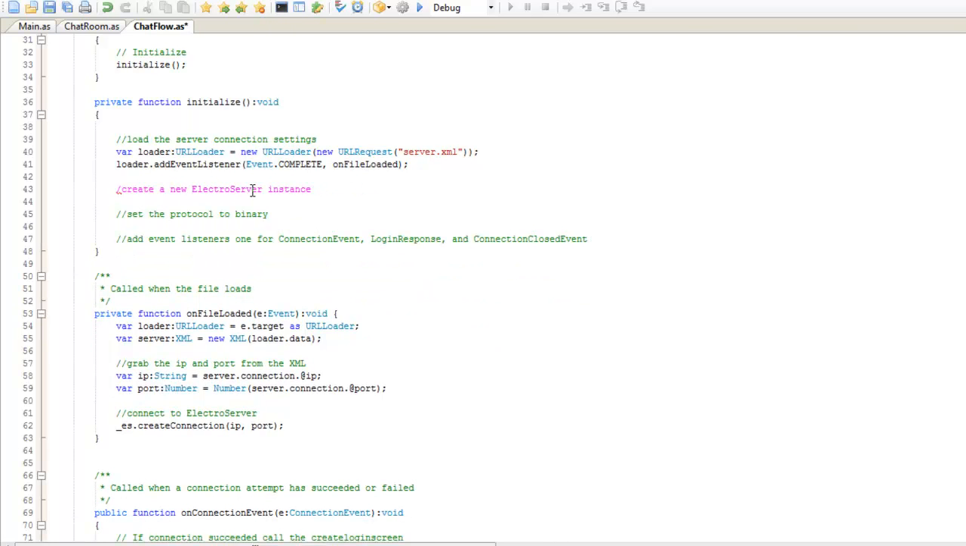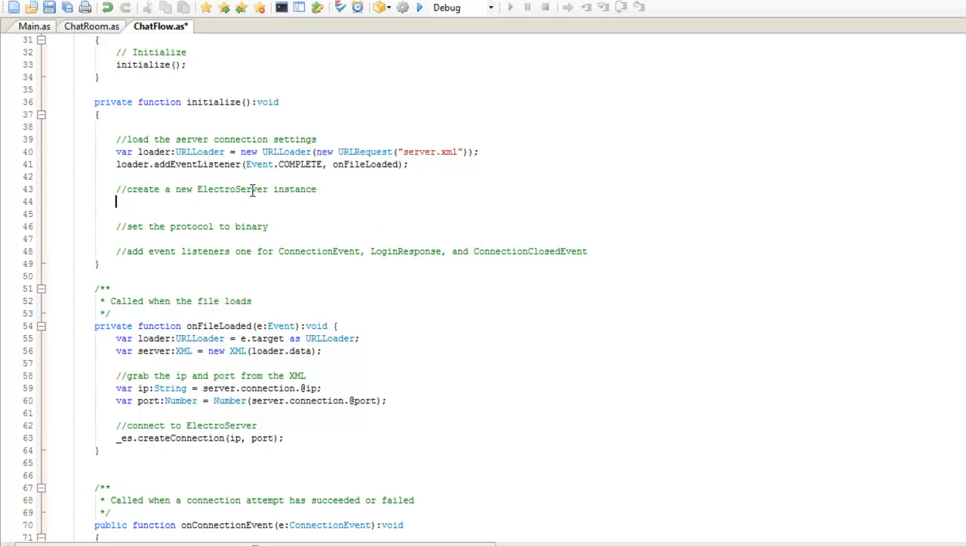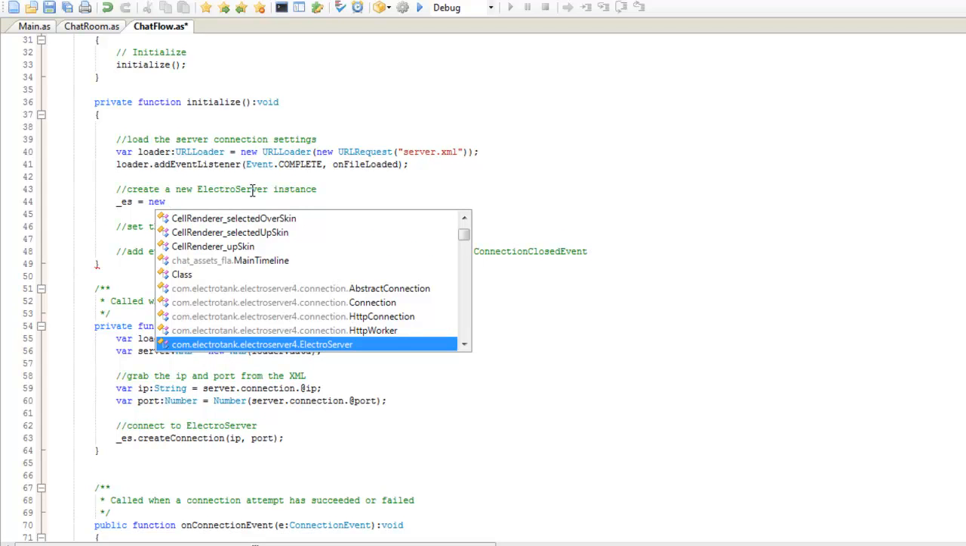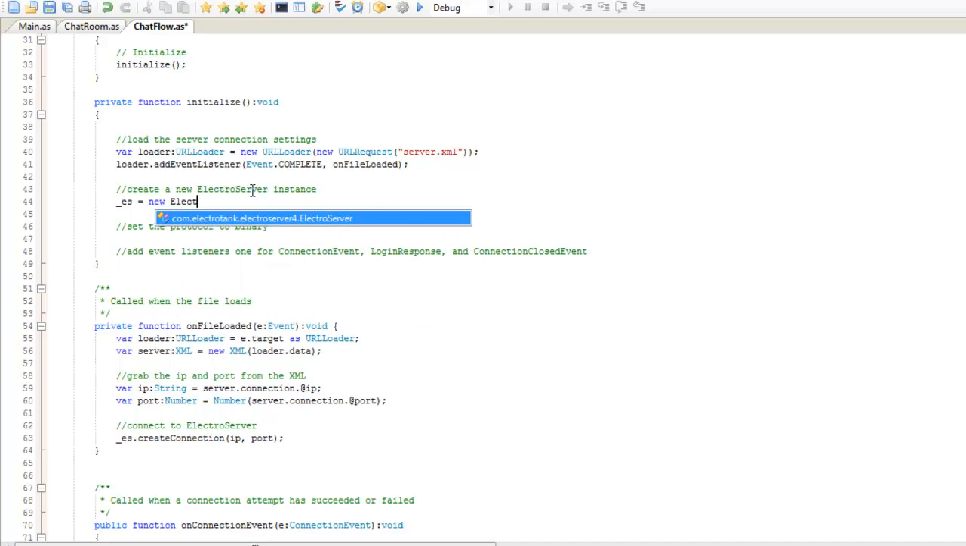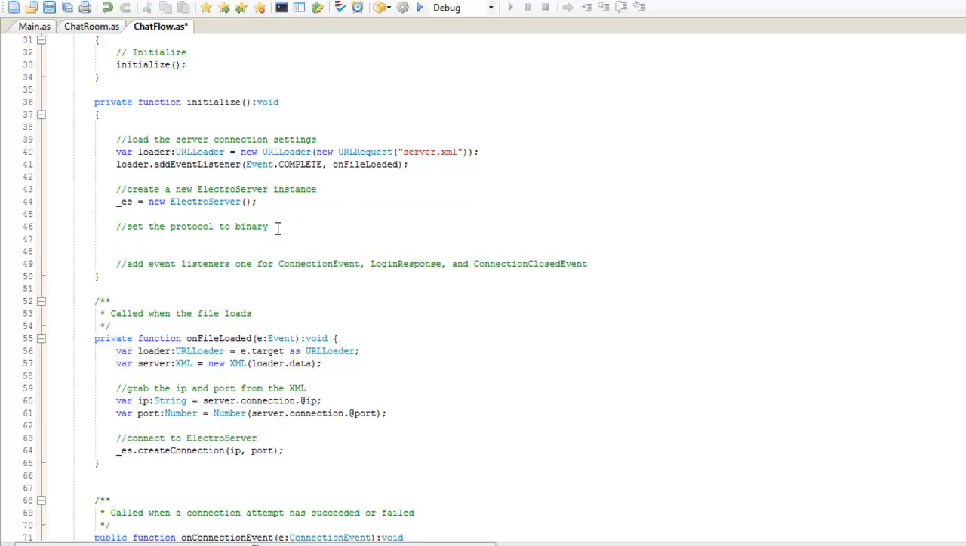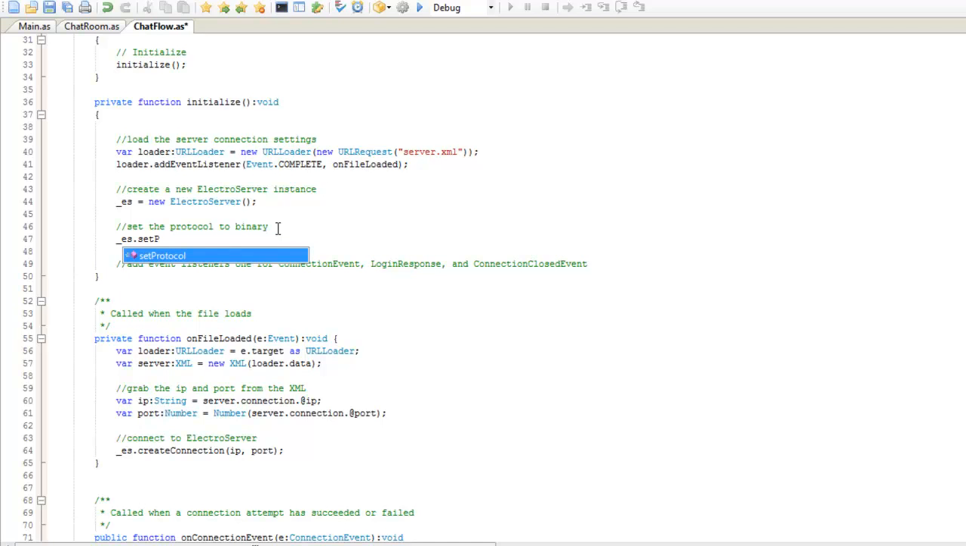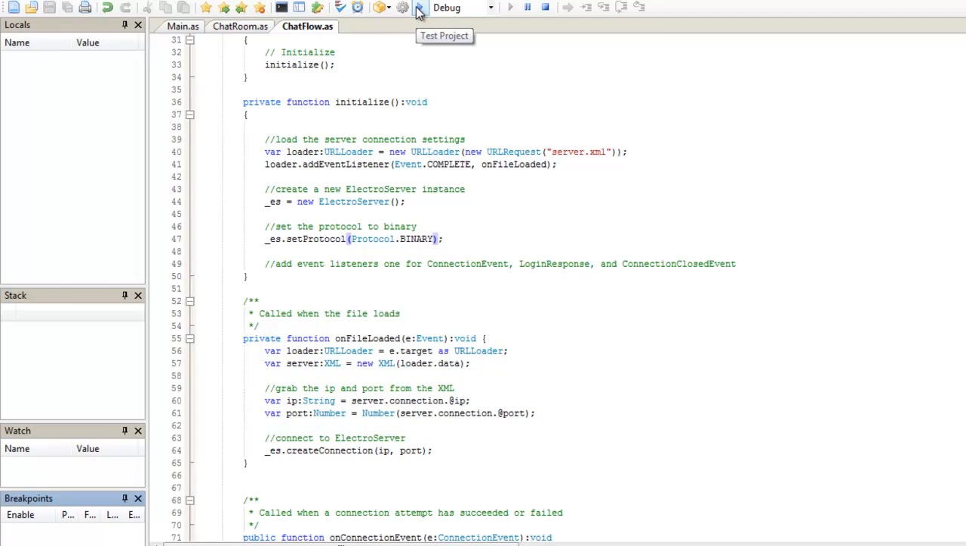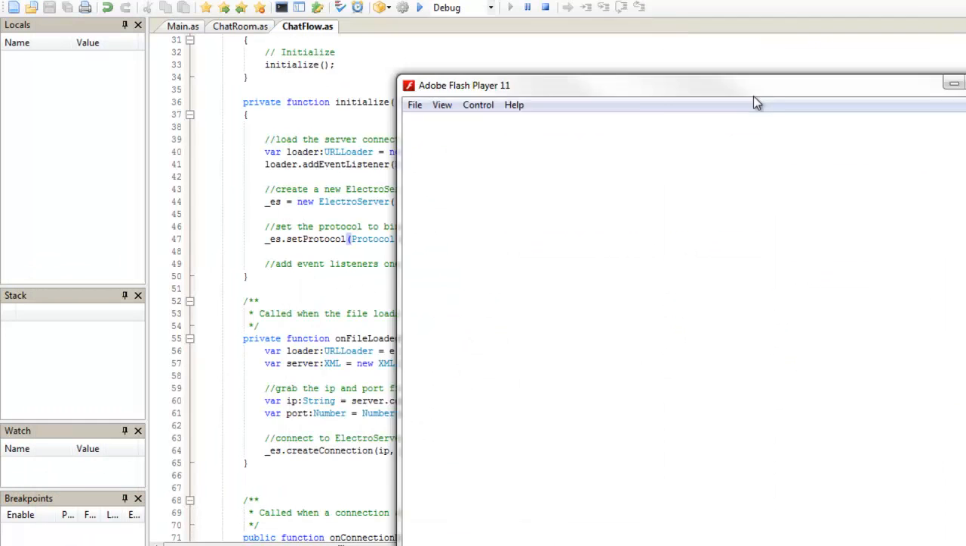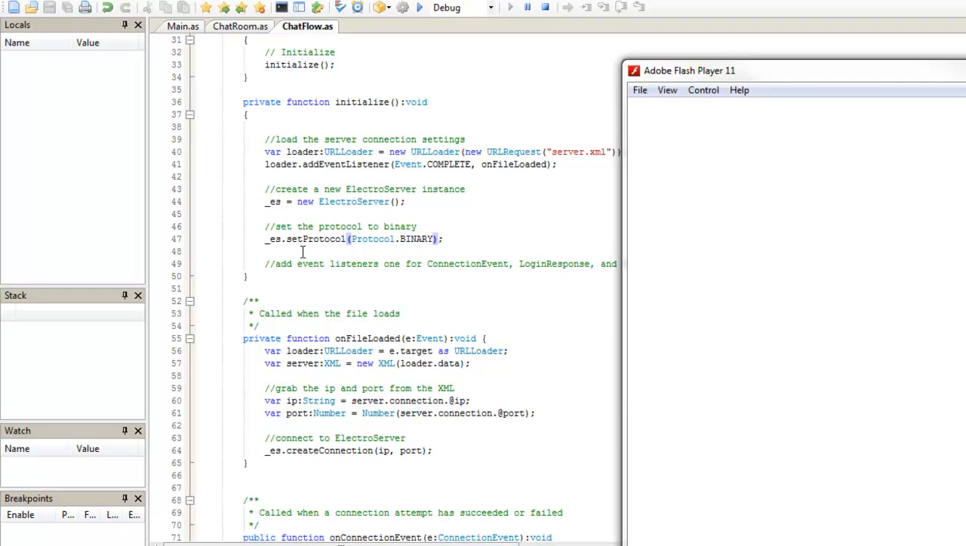from our initialize function, what we will do is go ahead and create our Electro server object. So we create a new Electro server object here, and then we will set its protocol to protocol.binary. So now if I attempt to run this project, the project will run. The error I got earlier will not be showing up because now my Electro server